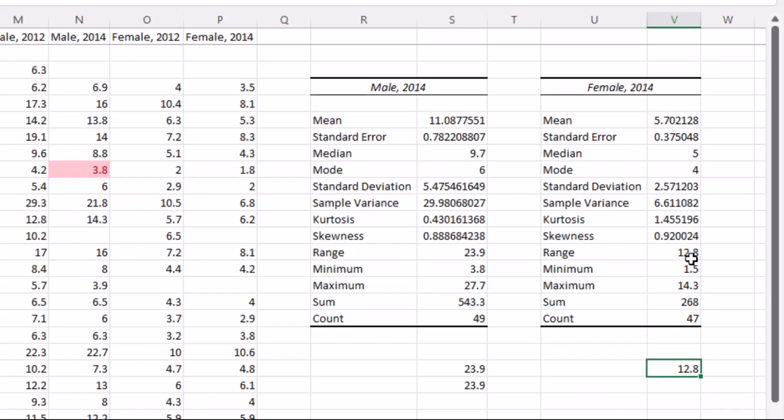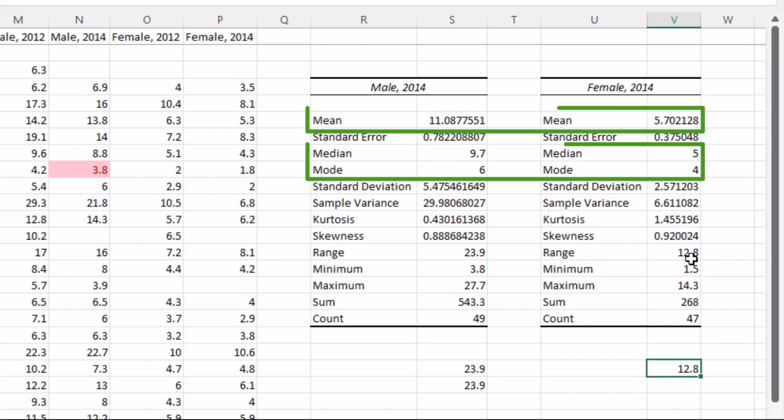The final question is, in 2014, did males or females have a higher death rate due to motor vehicle crashes in the US? How would you answer that? It's a little bit complicated. We would likely look at the average for both groups and then compare them. But which average should we pick? We have mean, median, and mode. There are good arguments for all three of them depending on what we are trying to find out.